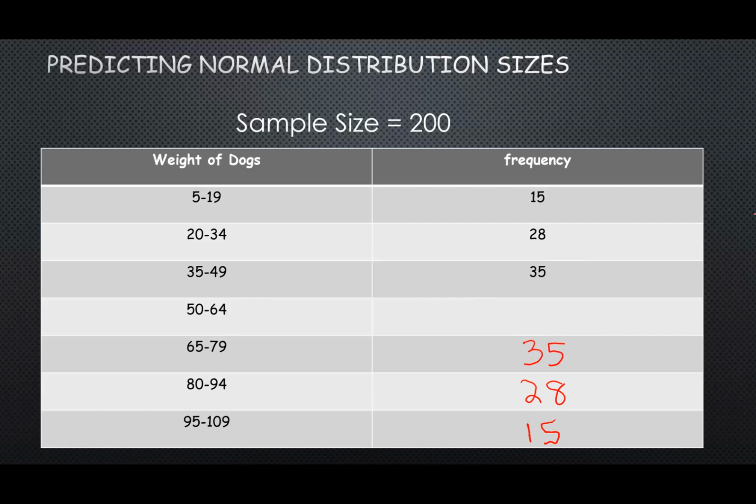All right, so how do we know how many the rest is? Let's add 15 plus 35 is 50, plus 28 is 78. So these three numbers add up to 78. The three below will add up to 78. So that's 156. We know 200 were sampled, so 200 minus 156 is equal to 44. So if we are correct, we should see 44 dogs have a weight between 50 and